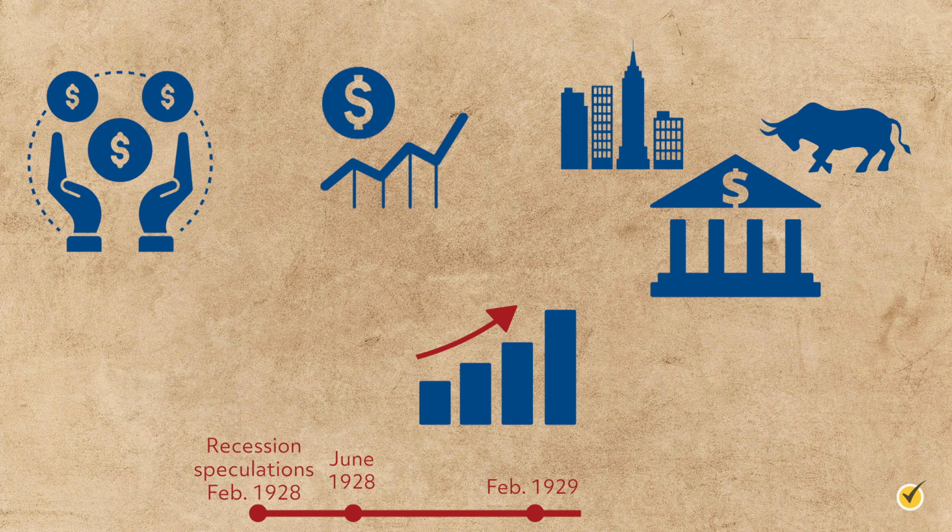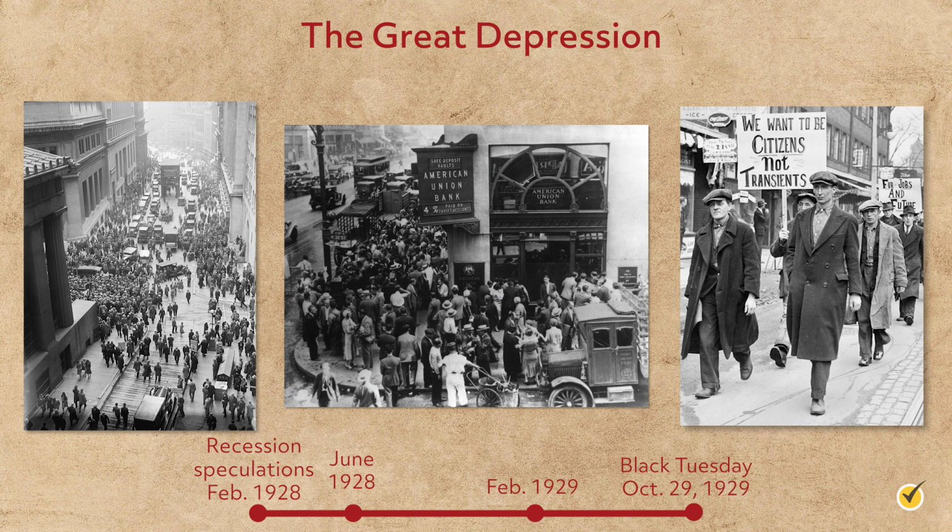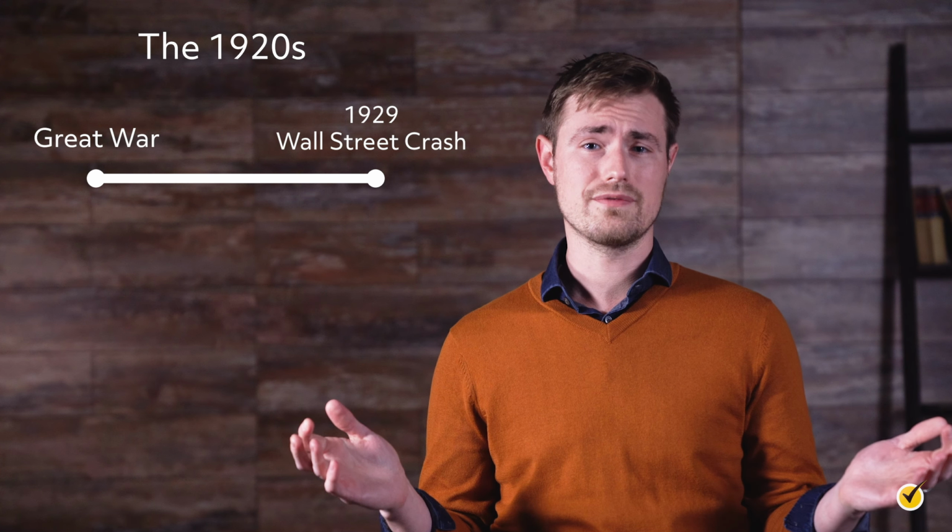The crash came in October. The worst day of all was Black Tuesday, October 29th, 1929. Losses led to a flood of panic selling, and months of gains were lost in a matter of hours. The United States entered the Great Depression, while the economic downturn in Europe helped to fuel the rise of extremist movements in the 1930s. As you can see, this decade was one of contrasts.